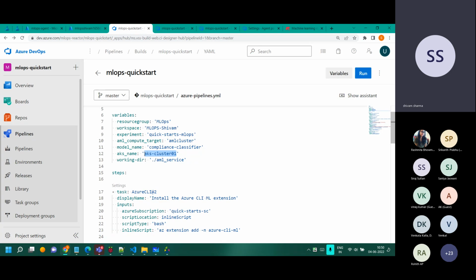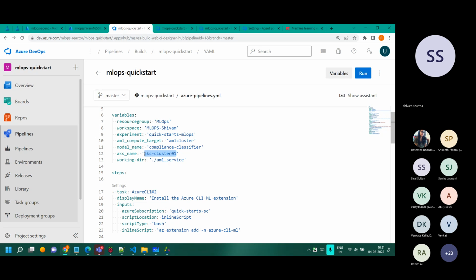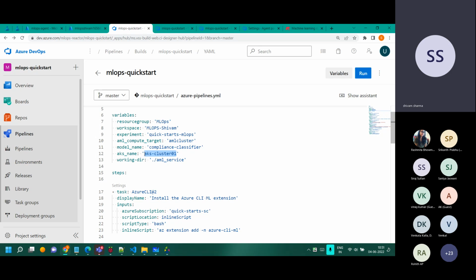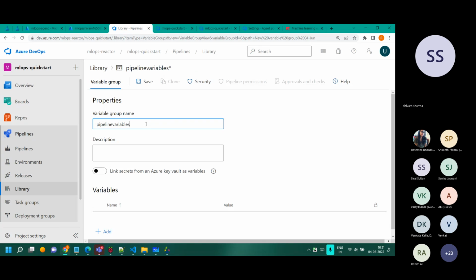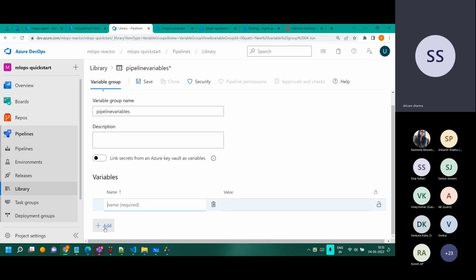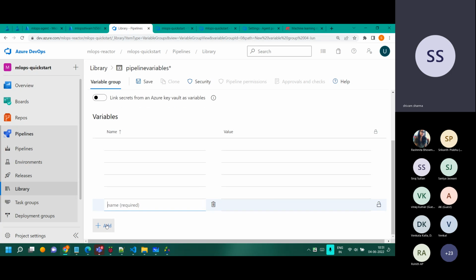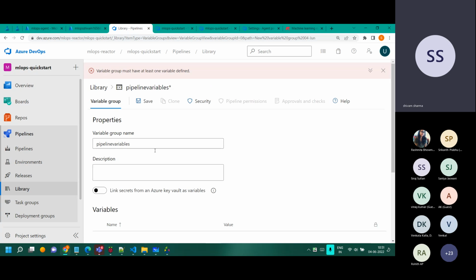Kubernetes cluster is there. This is one of the deployment targets which we are using. So is it hard coded in the pipelines? This is something I'll leave up to you. I'll give you that as well, like how to move it over here. It's not really very difficult. You have to come and create the variables here like this. For example, these are my pipeline variables, and then you have to define them here, like this, and use the name in the pipeline. So I'll leave this up to you guys to do it. I'll give you the configuration for that.